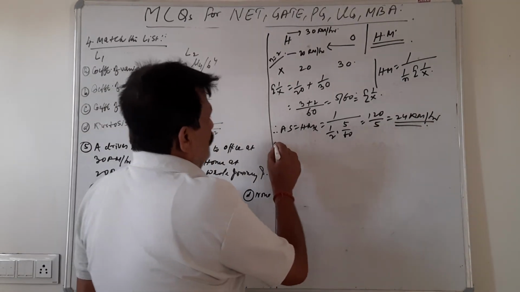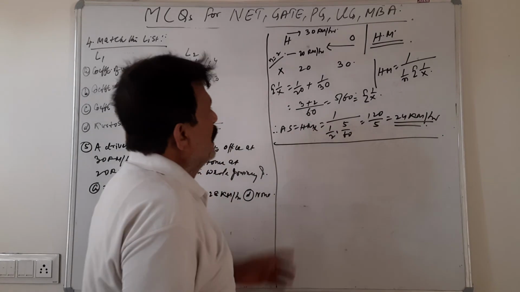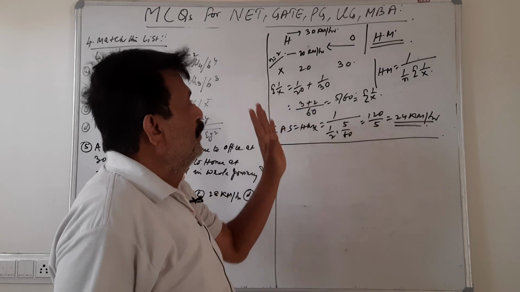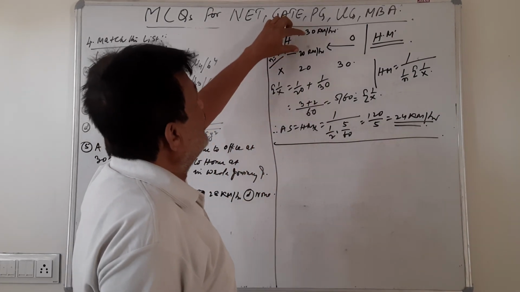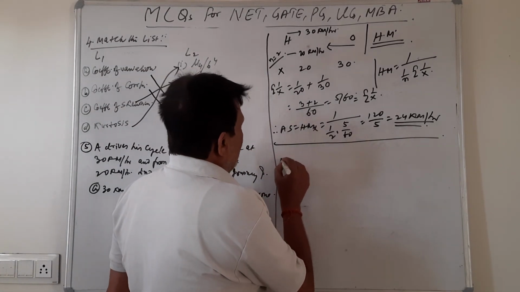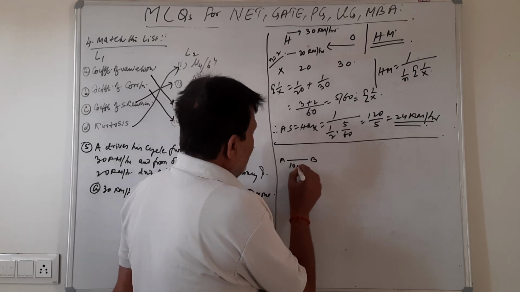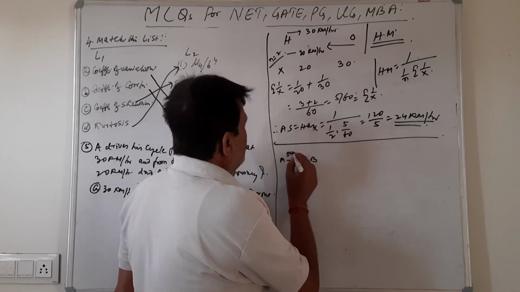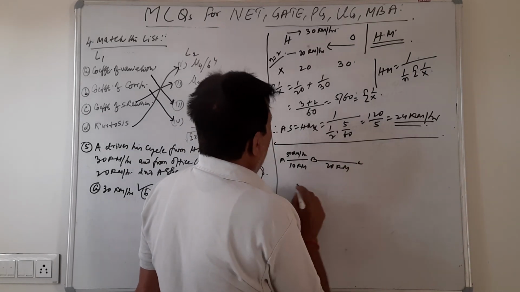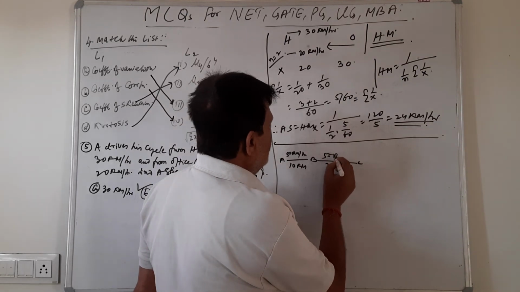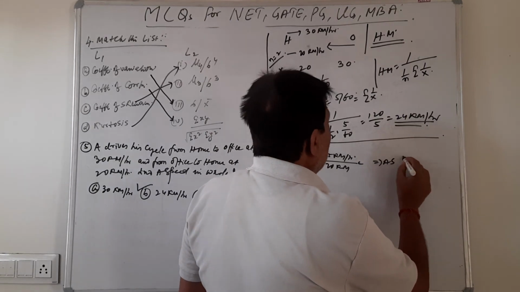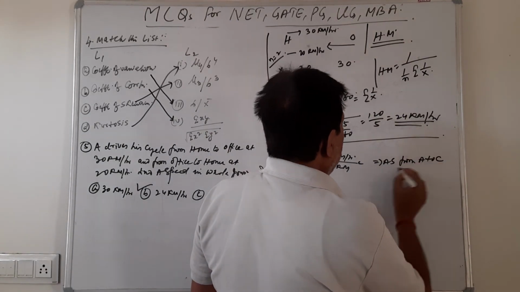Now related to this sum, here we calculated harmonic mean without any frequency, but if we have different speeds and different distances also, then there is another sum: from A to B it was 10 kilometer and the speed was 50 kilometer per hour. From B to C it was 20 kilometer and the speed was 55 kilometer per hour. So find the average speed from A to C.